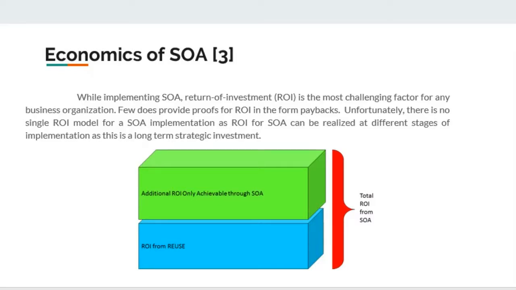Few do provide proofs of return on investment in the form of paybacks, but so far no single model has been developed for calculating the return on investment for an SOA implementation. It is due to the fact that SOA implementation can be realized at different stages of the application transformation. The picture here depicts the return on investment while implementing a service-oriented architecture for existing